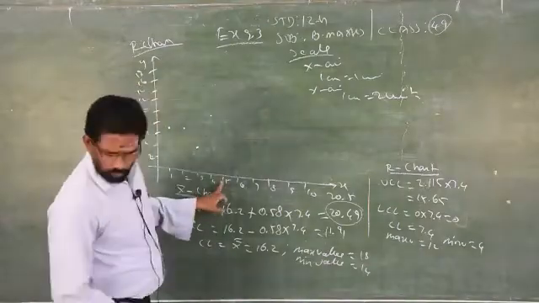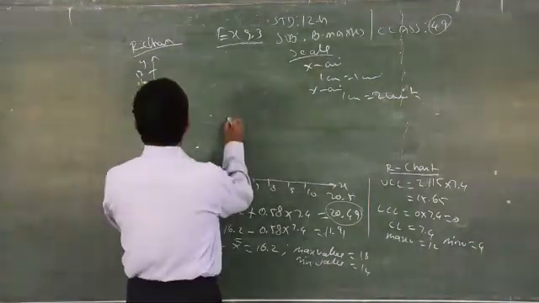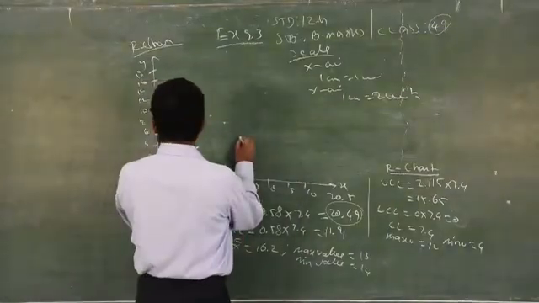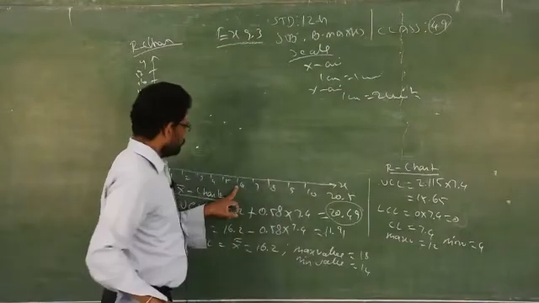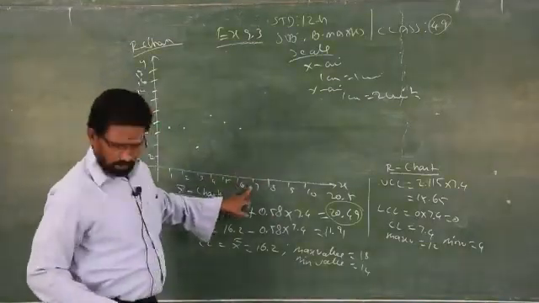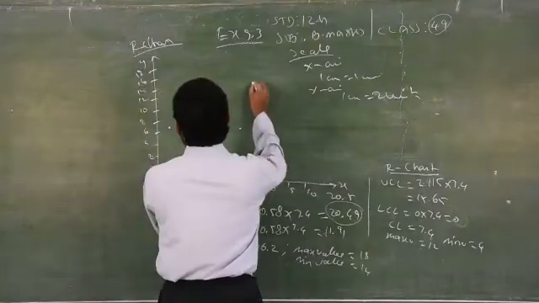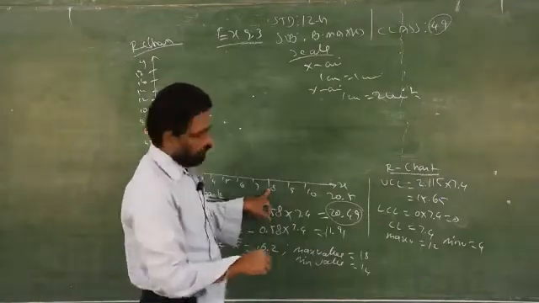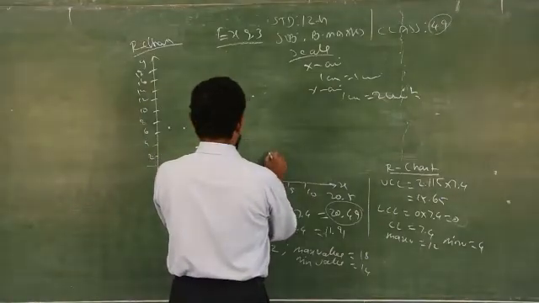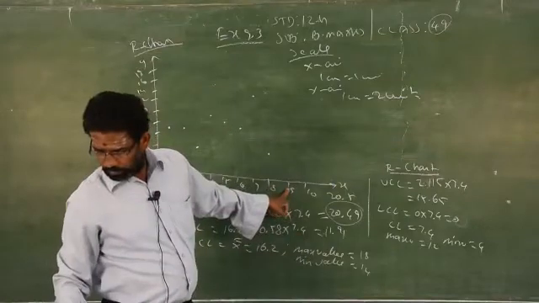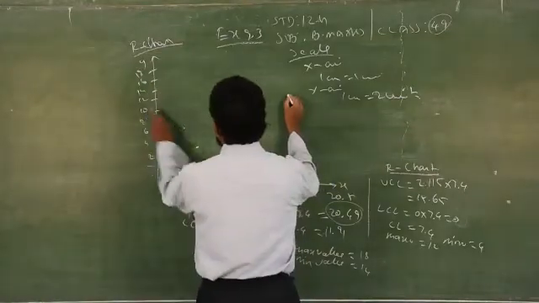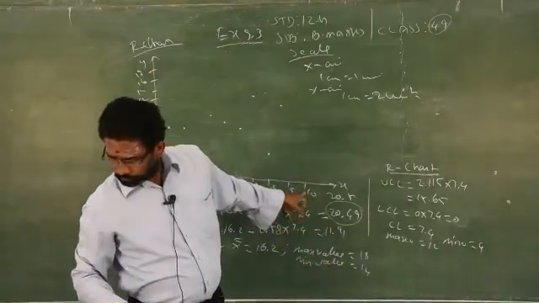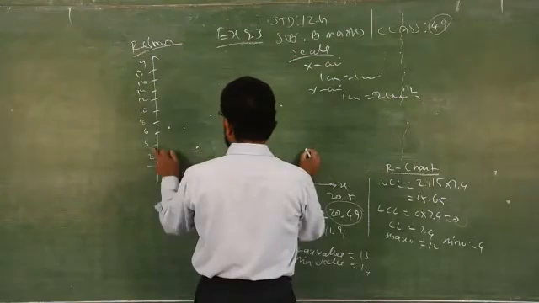Next, what is the range for sample number 5? 8. 5 to 8. Then the range for 6 is 8. Then 7 is 12. 7 to 12. Where will 12 come? Here. Then 8 to 4. Then 9 to 11. 11 will come between 10. Then 10 to 5. 10 to 5 here.